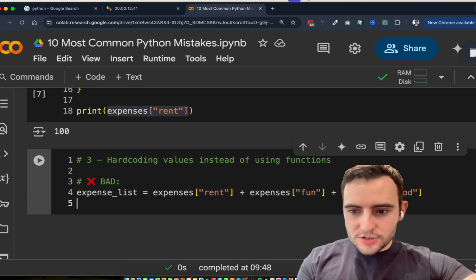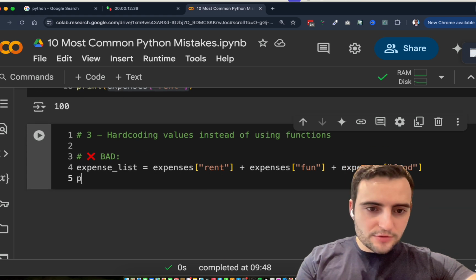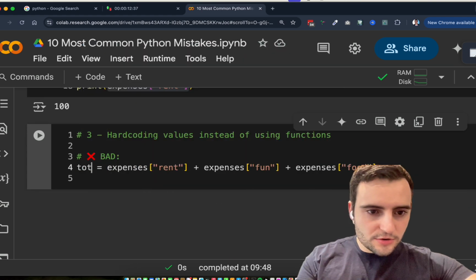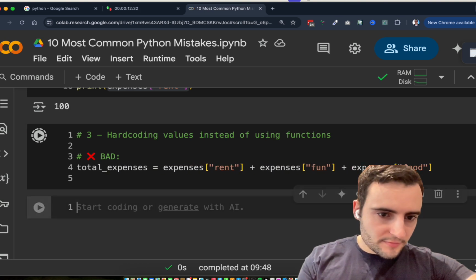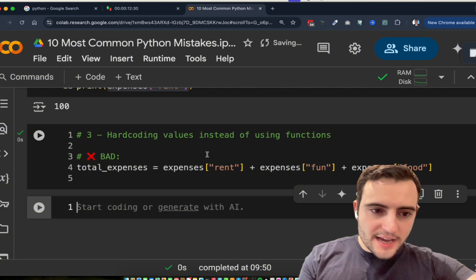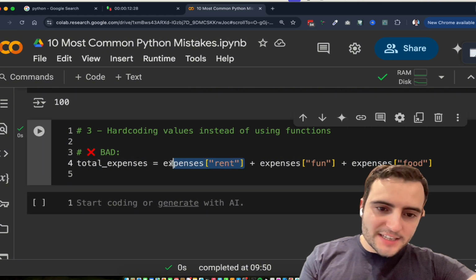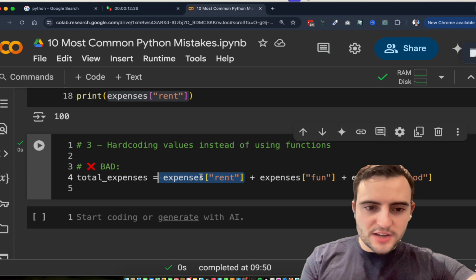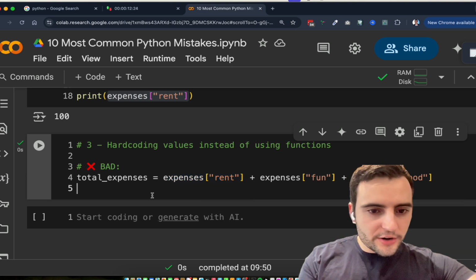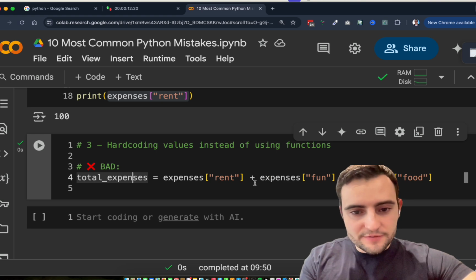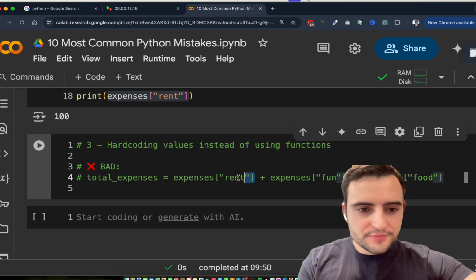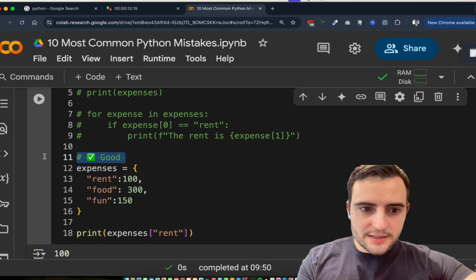And we could start to make it so that this is the total expenses. And you can start to have it this way, but let's say that you add an expense, then you have to update this, you have to update this. It's actually quite a hard way to be able to update this function, and it starts to be a bit confusing. It's not very scalable. So a better way of doing this